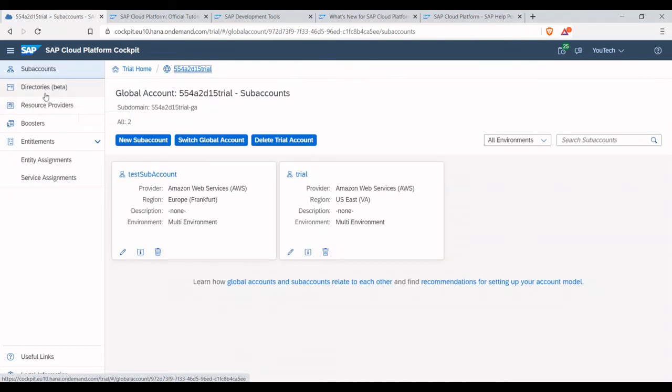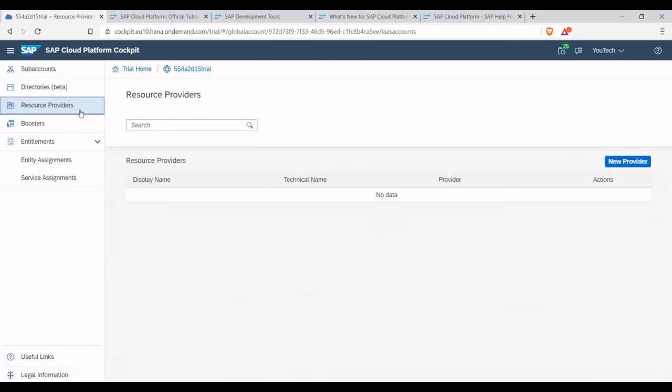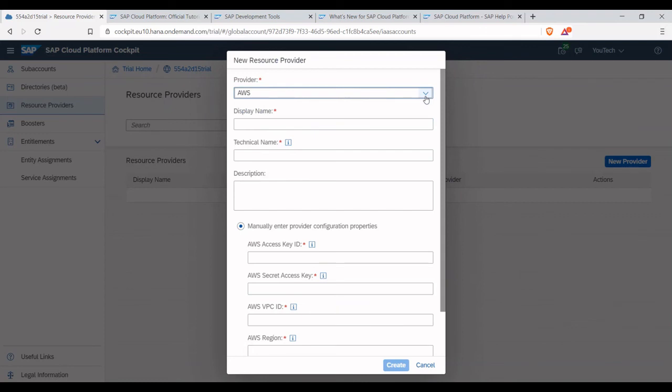Moreover, we have directories, resource providers, boosters, entitlements. Resource providers are for when we want some services which SAP does not directly support. For example, for Postgres, SAP does not directly support it, but providers like AWS or Azure provide such services, and you can use those also.